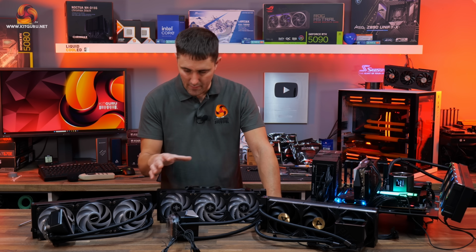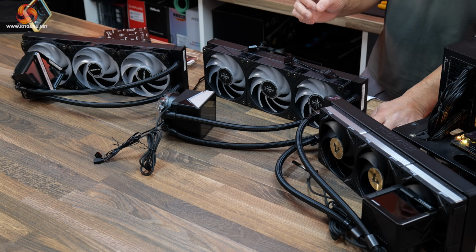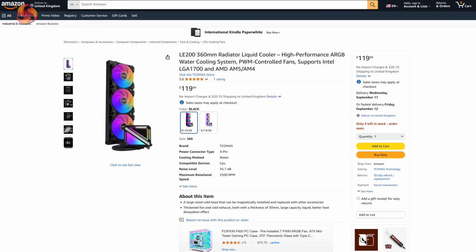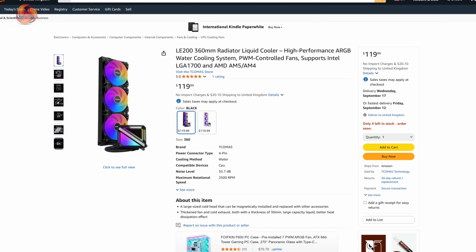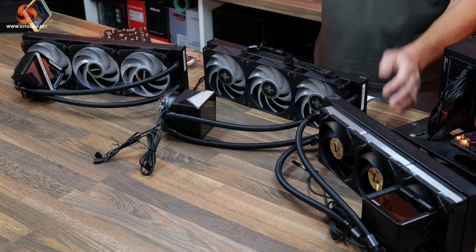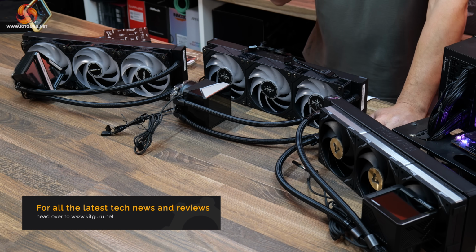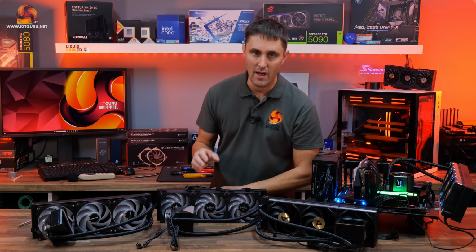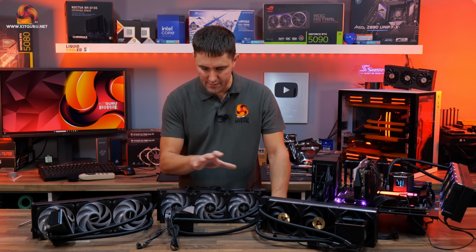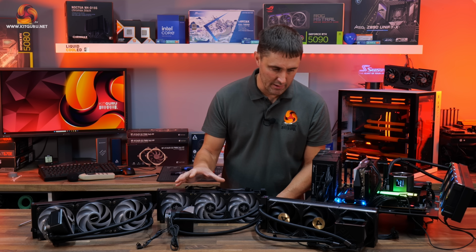So in front of me on the bench, we've got the budget LE200, that costs $120. They're not available, any of these, in the UK at the moment, but you can pick them up in the US on Amazon. That's why I'm quoting US prices. The next one in line is the WG600, which is this one. It's an LCD cooler. The LE200 is just an ARGB, there's no LCD on that. And that's got an initial MSRP of $200. I couldn't find that one yet on Amazon, so I'm guessing that will be launched or released soon to the